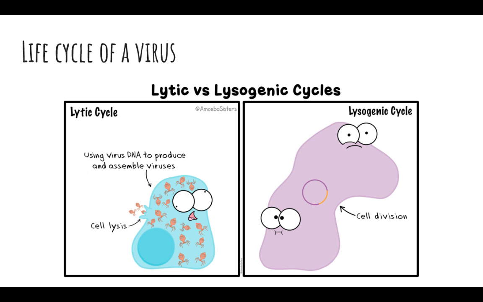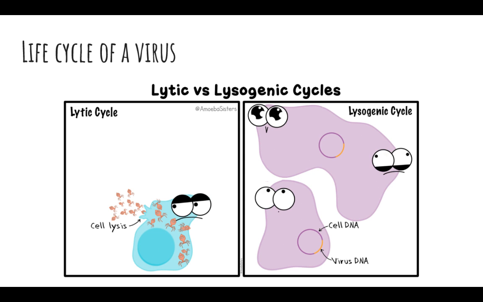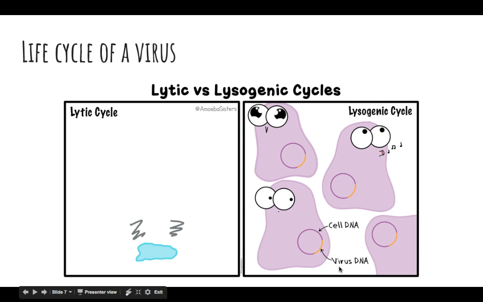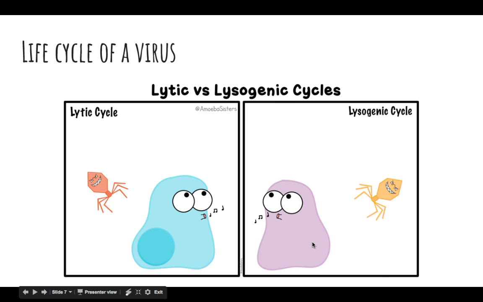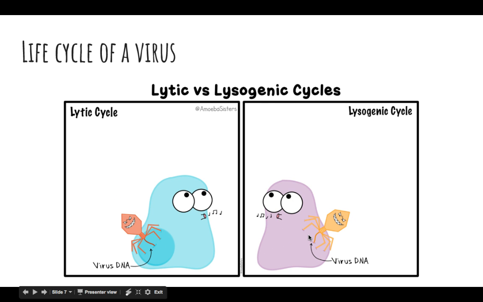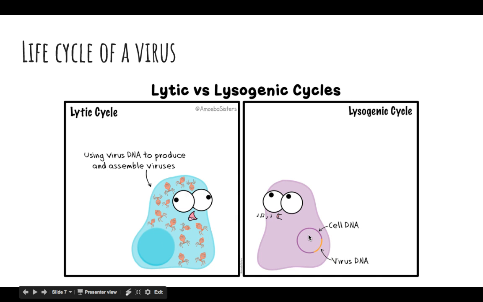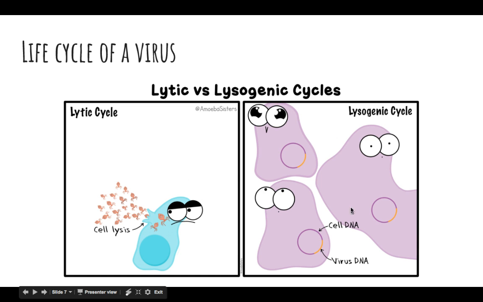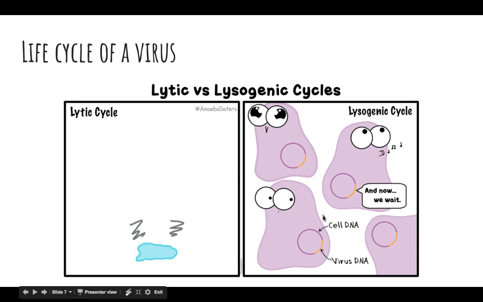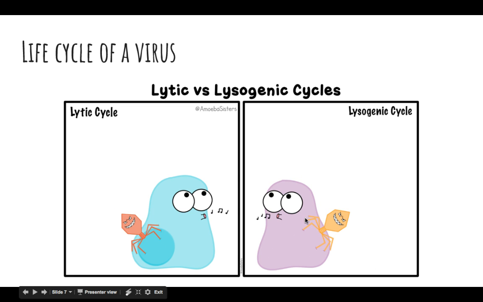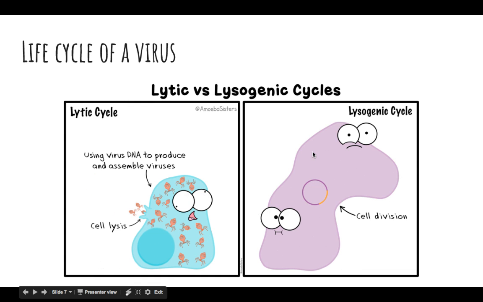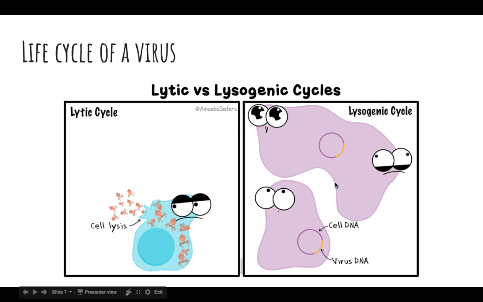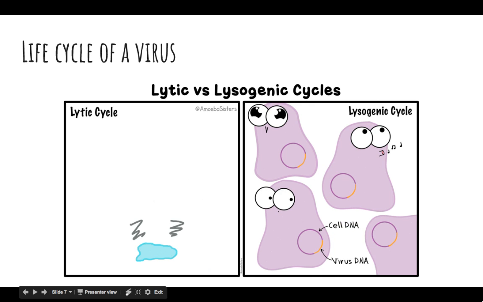It comes in, and instead of going into a normal body cell, it goes into bacteria, which doesn't have a nucleus. So it injects its DNA, and that DNA gets meshed around with the bacterial DNA, and then that bacteria just reproduces. And eventually, whenever the timing is right, the viruses decide to pop out with all of those new bacteria that have that virus DNA embedded within the bacterial DNA. And that's like a super sneaky ninja way to reproduce. It's also going to be very harmful to us.